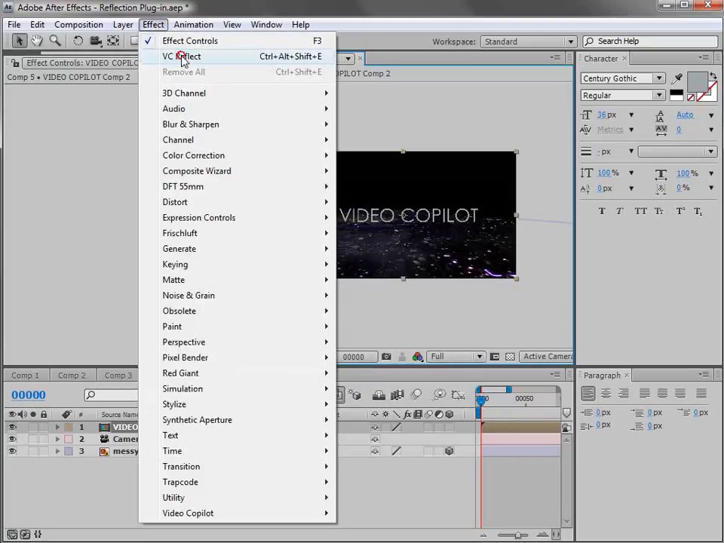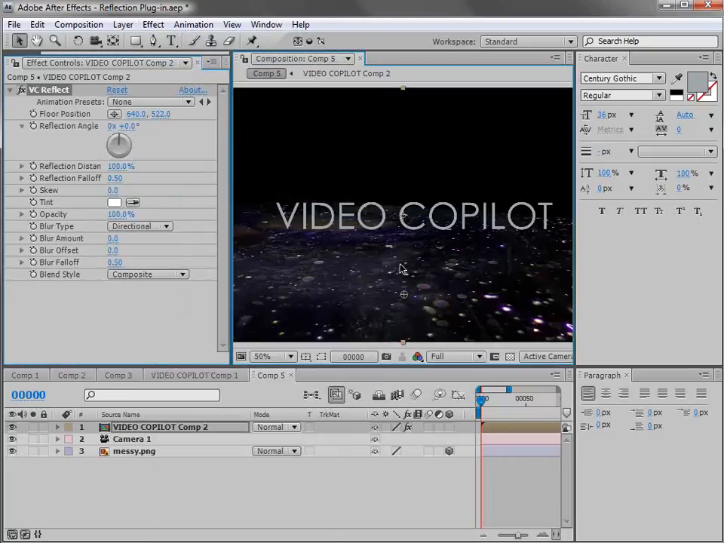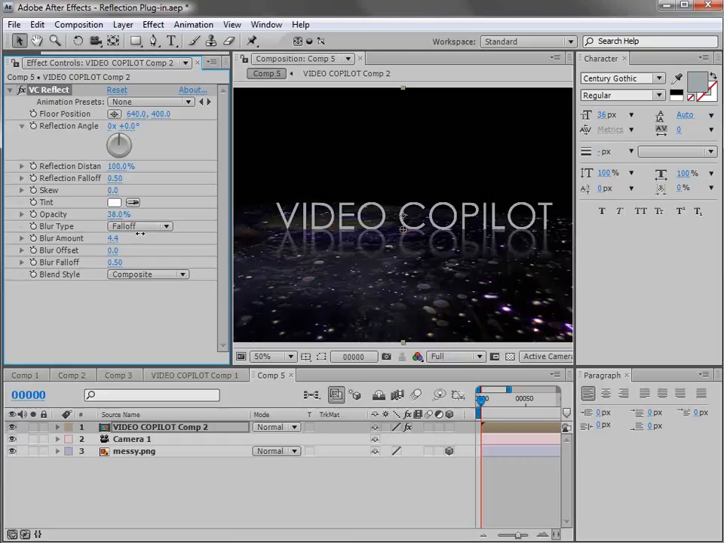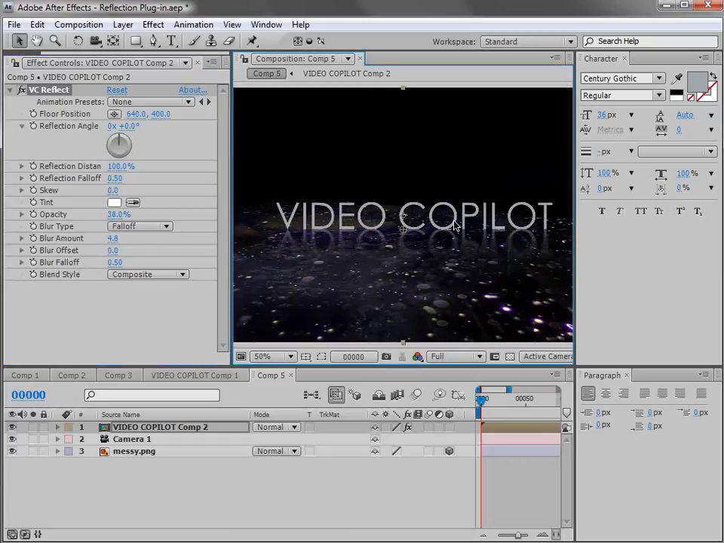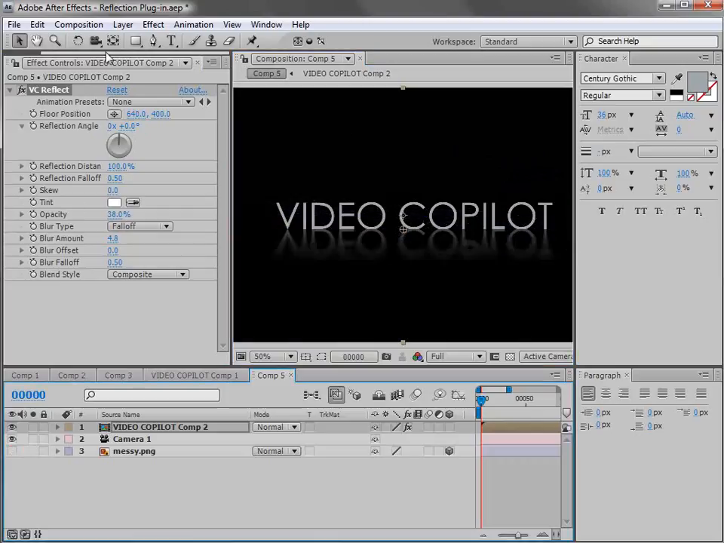Then when we add the reflection plugin, we can move it up, bring the opacity down, maybe turn the blur amount up, and we can move it around and we don't have any trouble. So before I use the texture here, I want to actually show you another example of just using